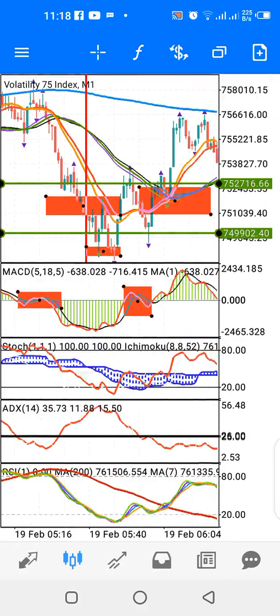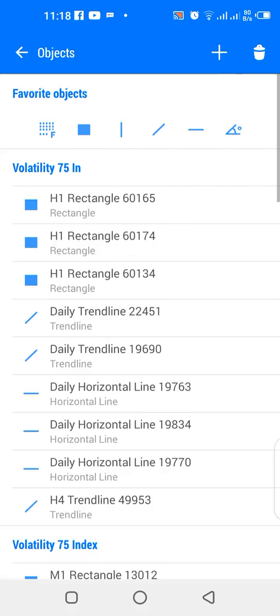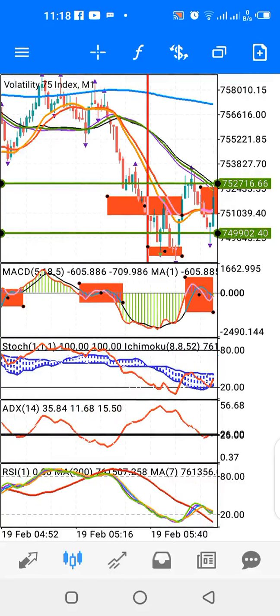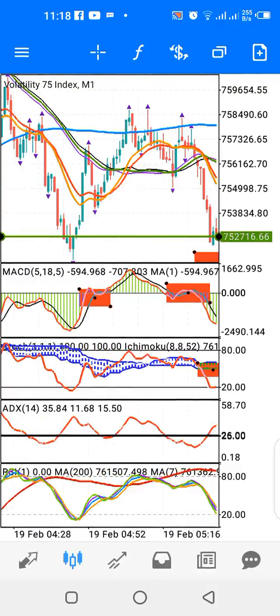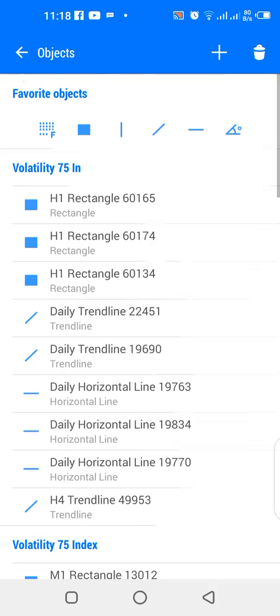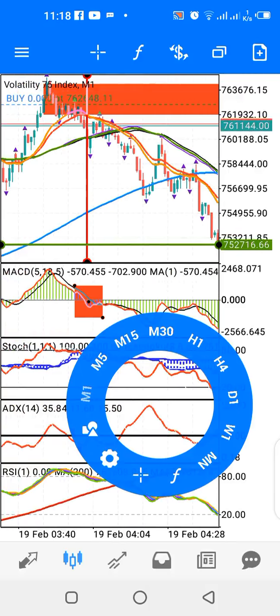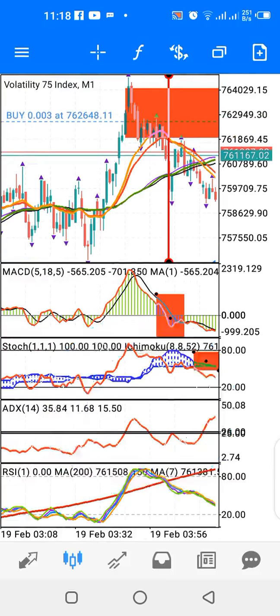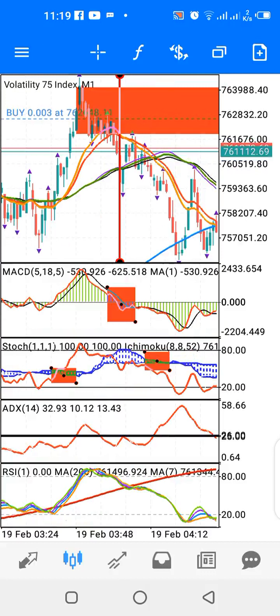Now, when the red line crosses above the Ichimoku indicator, like we have around here, it's a buy signal. When it crosses down on the Ichimoku, sell signal. When it crosses up, buy signal. When it crosses down, sell signal. When it crosses up, buy signal. So another way to look at this particular indicator